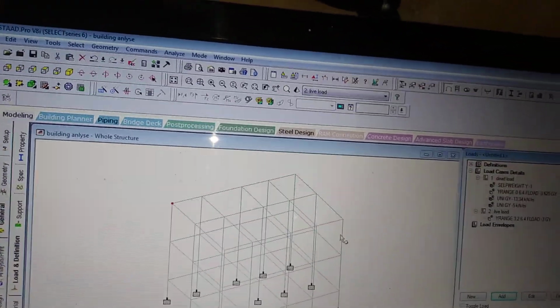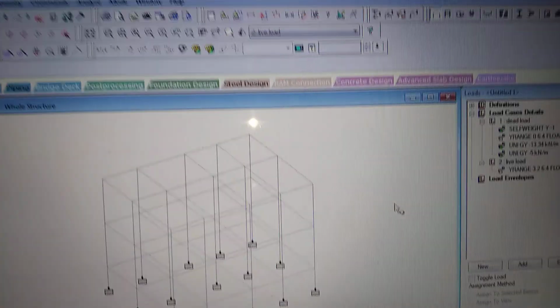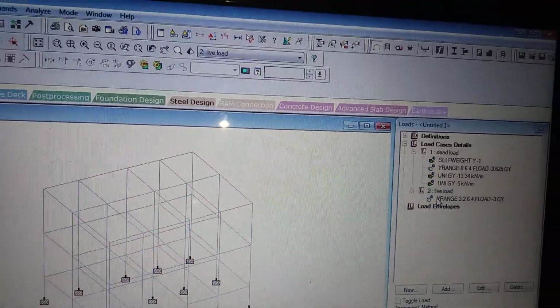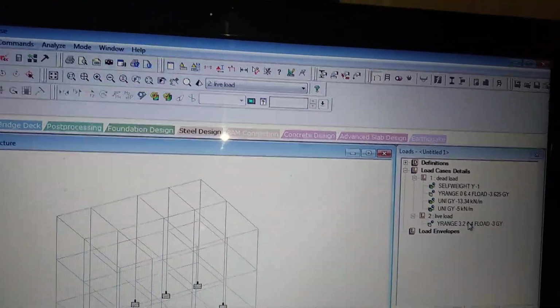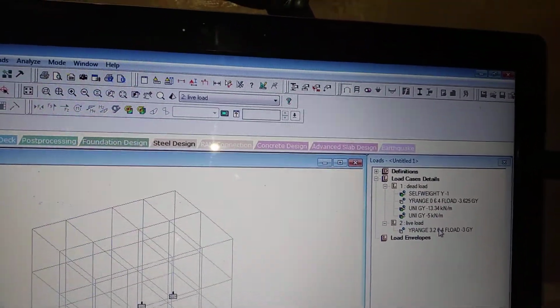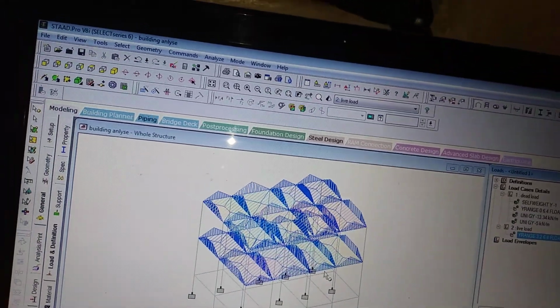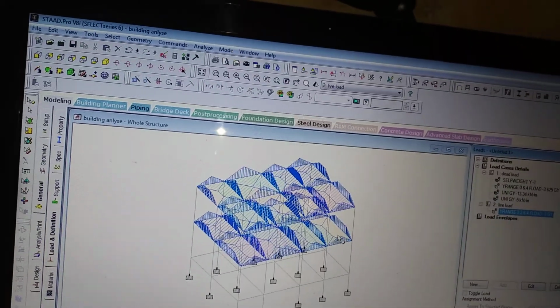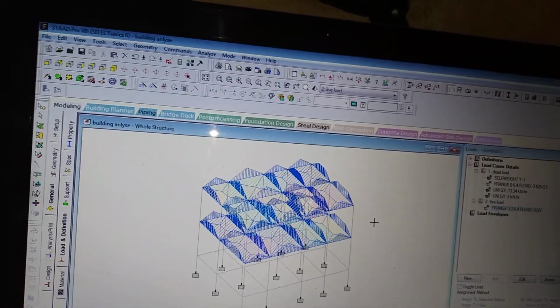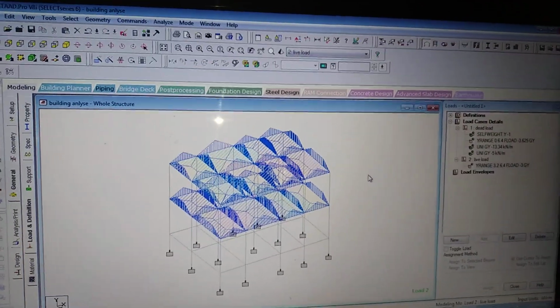Okay, so whenever I mention a floor load, if I mention height, it is assigned automatically. See here, if I click it once, it doesn't indicate a red mark because I mentioned a height, so it is already assigned on the height of the floors. If I select this one, see here, the live load is applied to the floors. So our loading calculation and load assigning is finished.